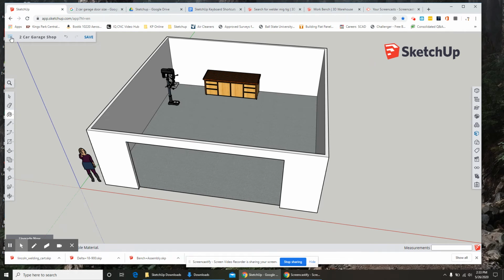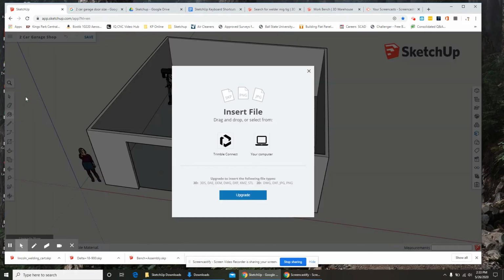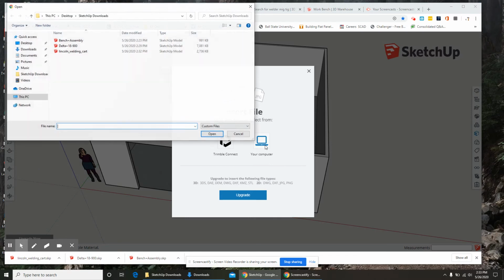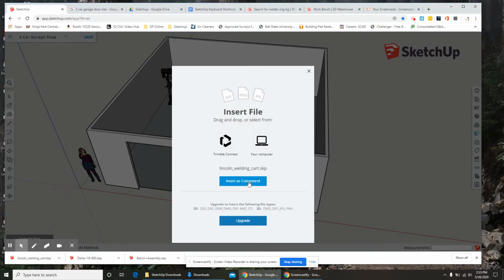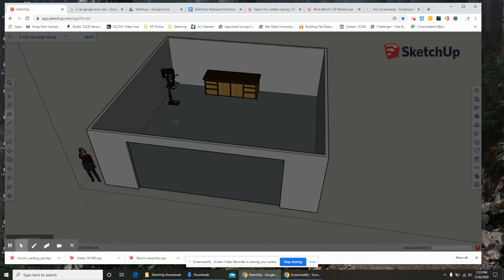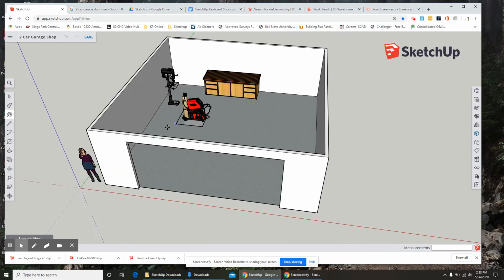Let's do insert from my computer, link in welding cart, insert as a component. Okay, and I'll put it right over here. Okay. All right. So you can hit save if you want to. So far, I'm just gonna hit save,